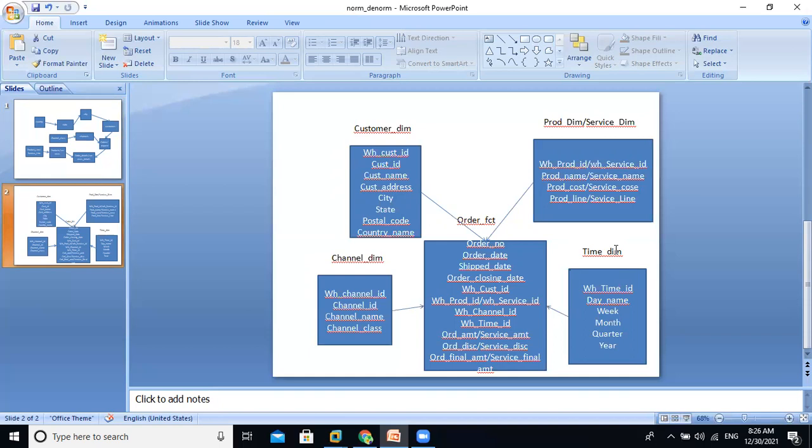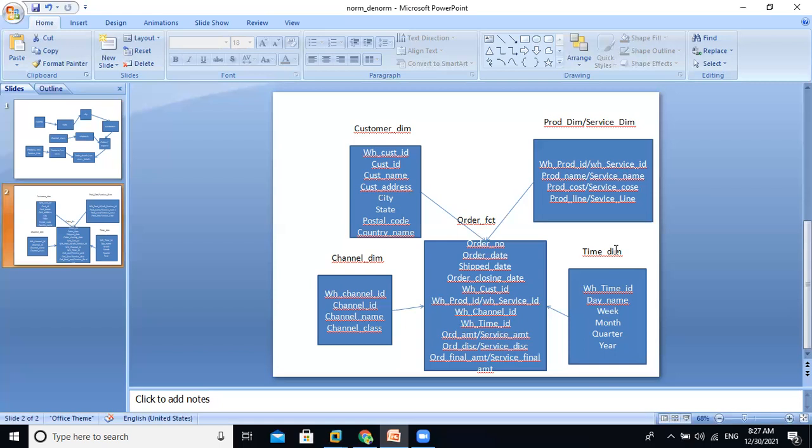From the warehouse point of view, redundancy is increased in the dimension tables. But from the performance point of view, we need not worry about the redundancy. Due to redundancy, we need to allocate more memory. More memory is occupied by the redundant data available in dimension tables.